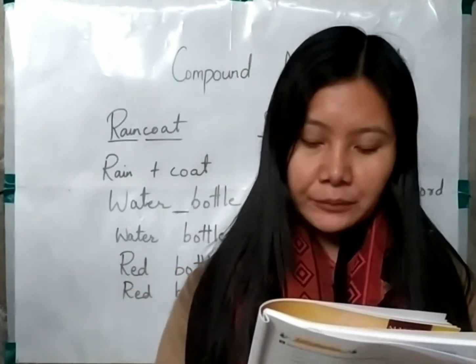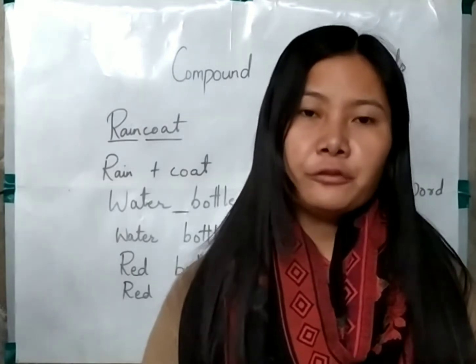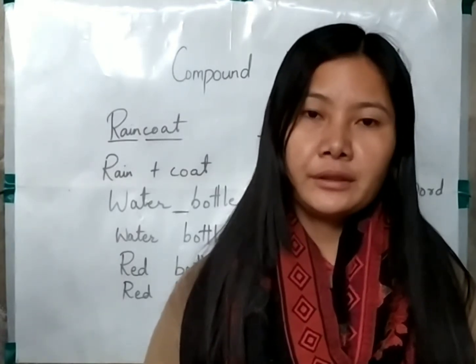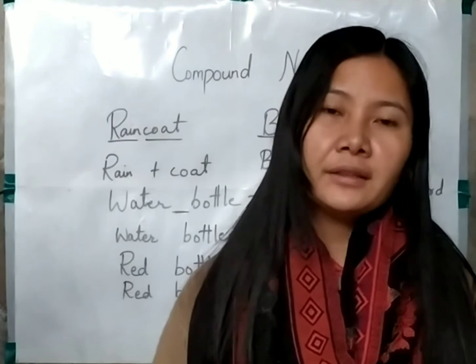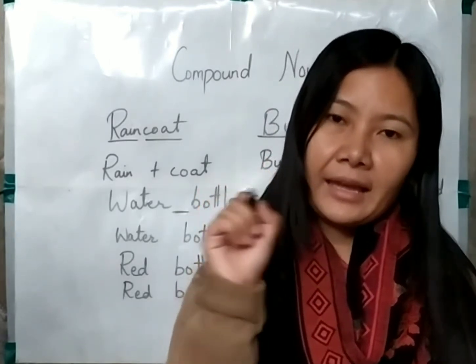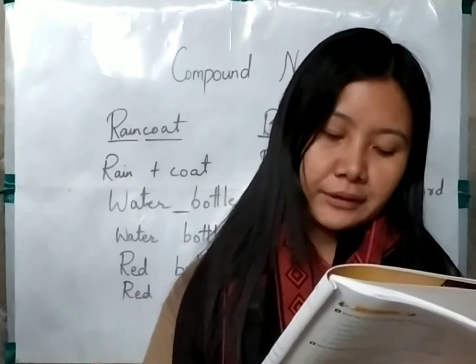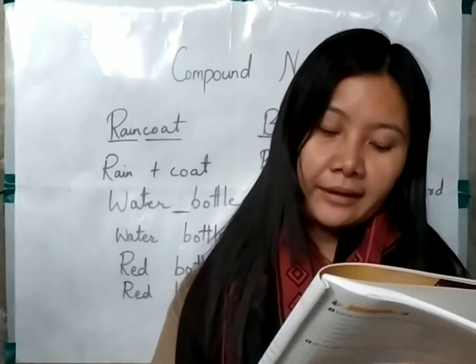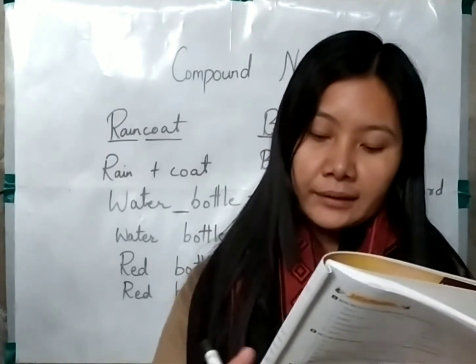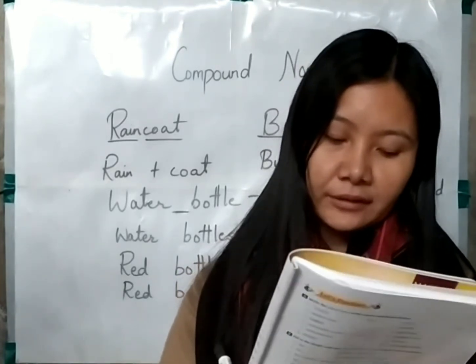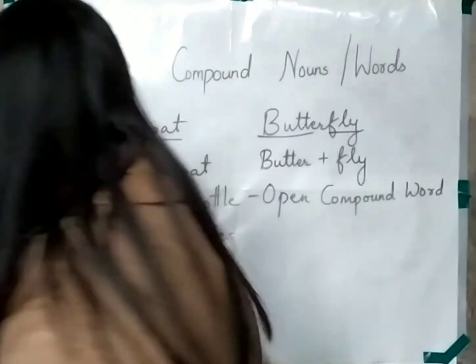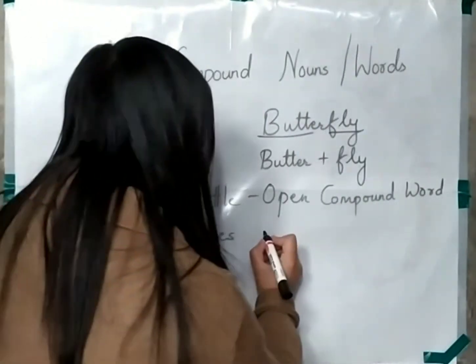Sometimes there are hyphens between the words. Yes, that's true. When you form compound nouns, when you bring together two or more words, sometimes you write hyphens in between. Over here it's written: sometimes there are hyphens between the words. These are called hyphenated compound words. So over here, let's take this example that's provided in your book.